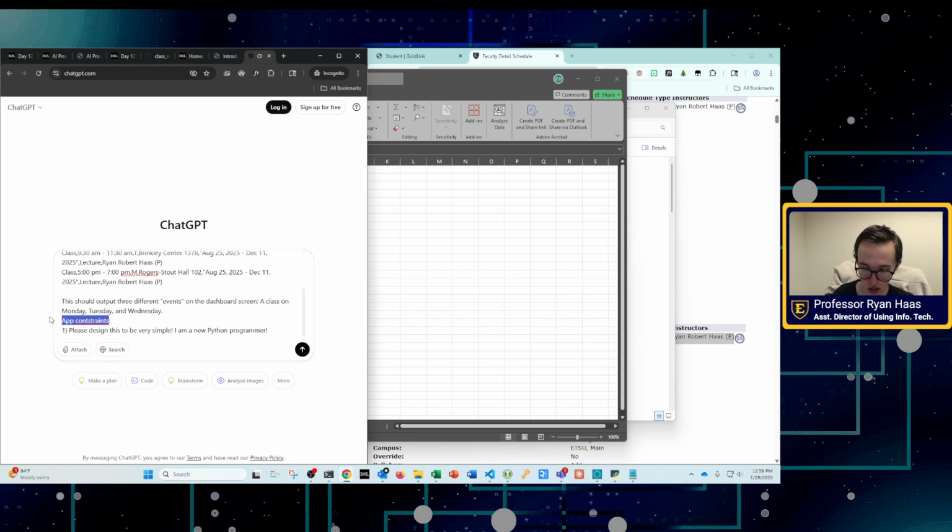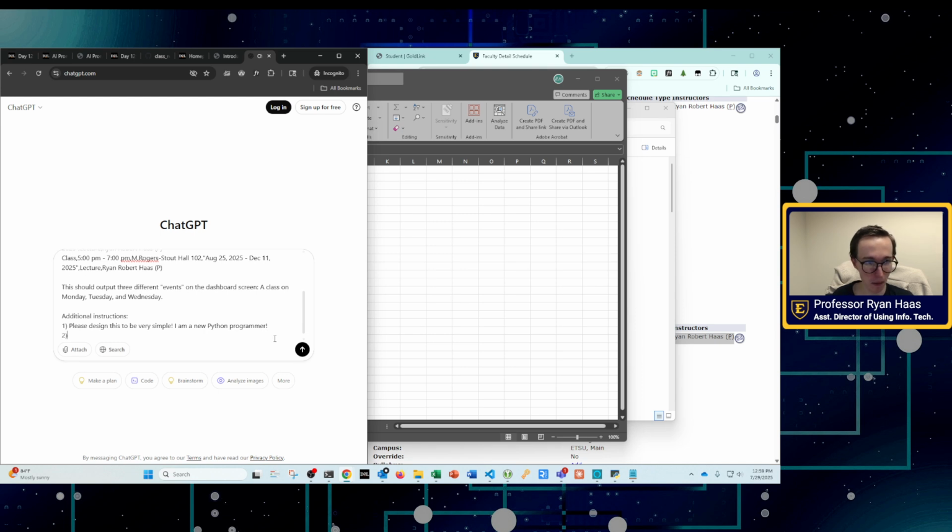I'm going to say additional instructions, maybe. So sometimes AI will go crazy and it'll make you really elaborate stuff. That's just going to be hard to implement if we're new at coding. So let's keep it simple. Let's say,